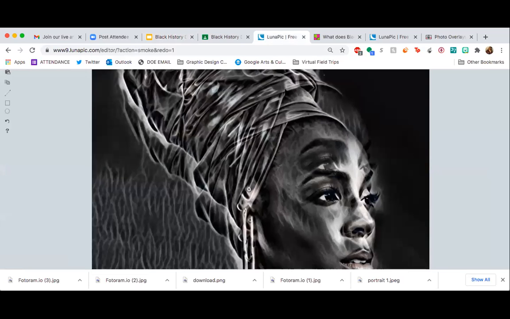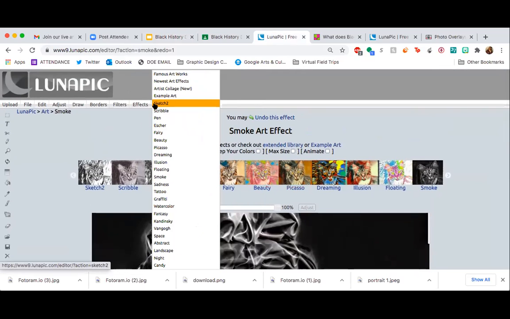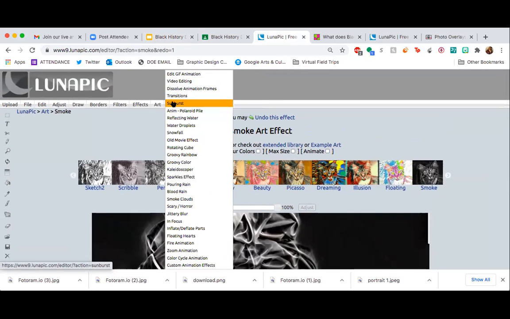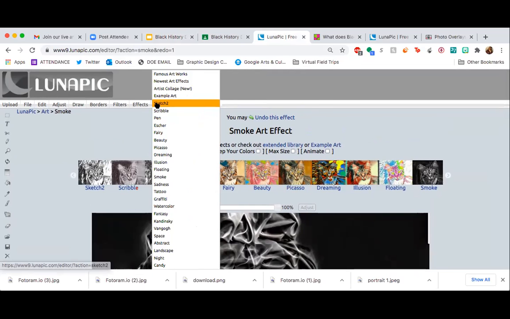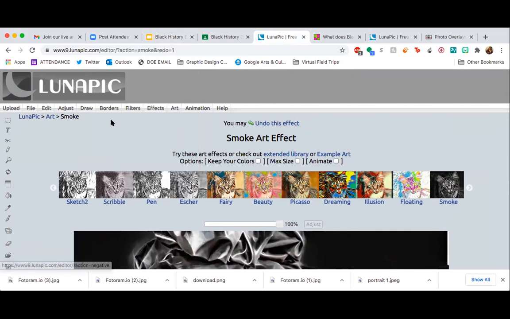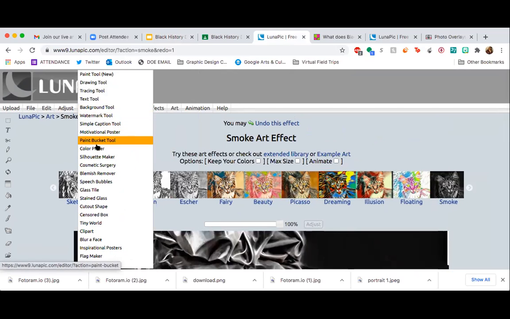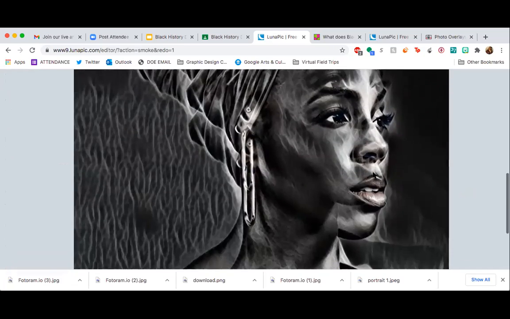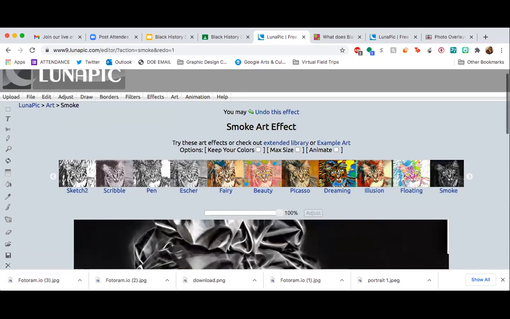Oh, awesome. So one of these ones? Yeah. Ooh, there's so many cool ones. And so you guys experiment with this. There's a section on art. There's a section on borders, drawing. You can even draw on top of it. So I challenge you guys to try to blur a face, cut out a shape, stained glass. I encourage you guys to just try a whole bunch of different things and just see what you end up with, because the effects are pretty cool.